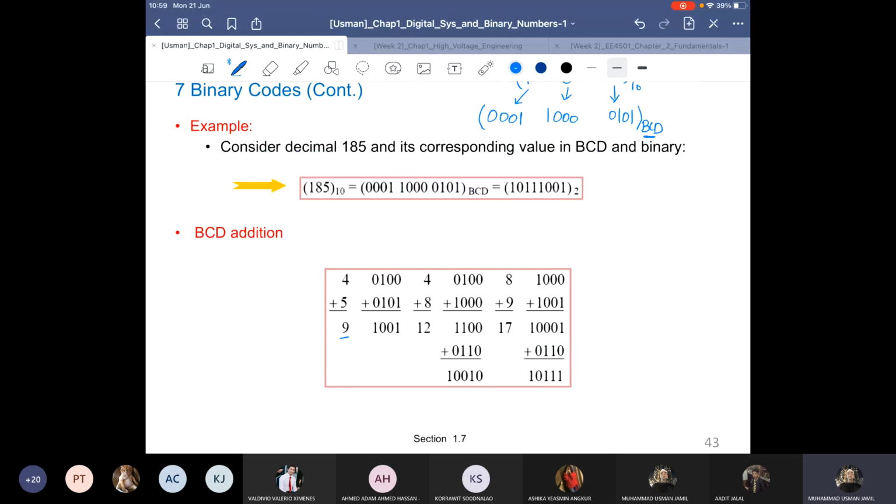Now let's suppose we have 4 plus 8, right? So 8 plus 4 is 12. So 12 is greater than 10. So when the addition is like this, greater than 9 or greater than 10, in that case we have to do one special step. What is the meaning of a special step? We have to add 6 in the answer. Then you will get the correct answer.